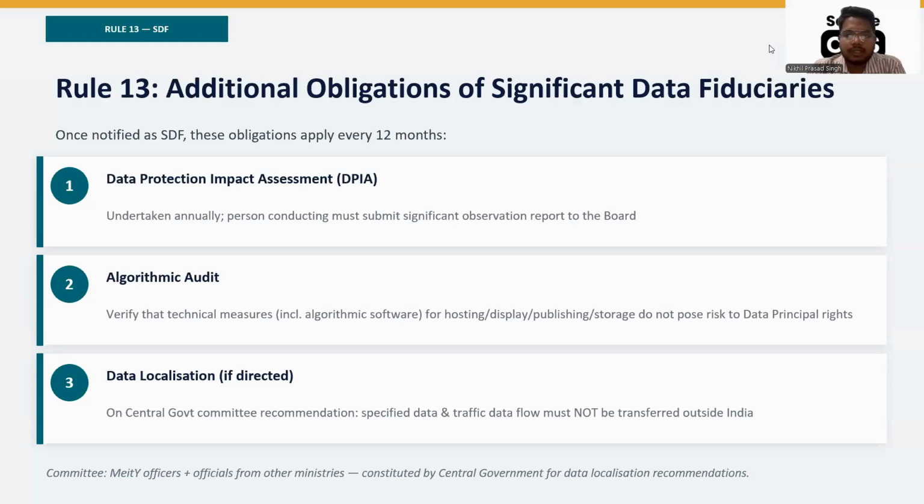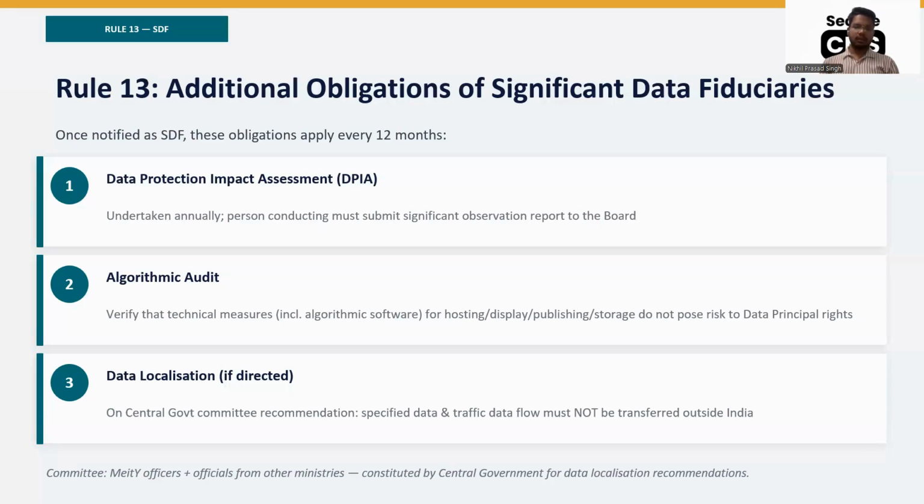Now come the additional obligations of the significant data fiduciary. As I told you in my first session as well, there are two types of data fiduciary. One is the normal general data fiduciary, and then there is a significant data fiduciary. Right now, there is no differentiation that has been notified by the government, even in the act or in the rules, of what an SDF is. But with a simple understanding, significant data fiduciaries will be those handling